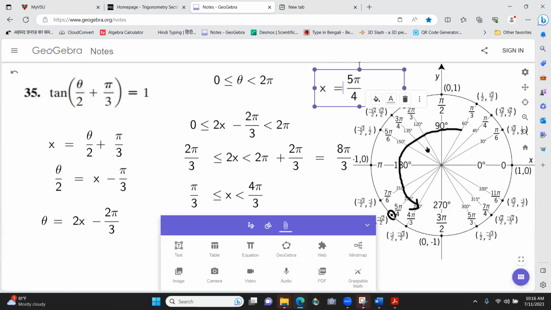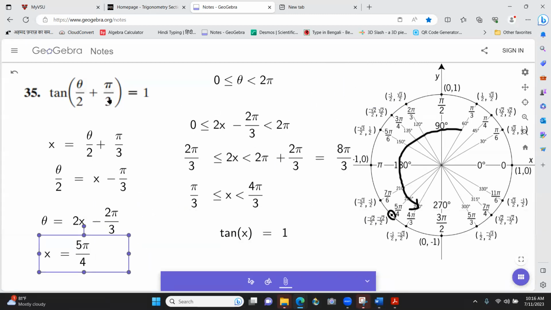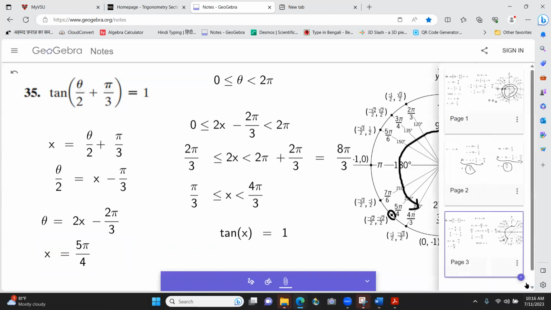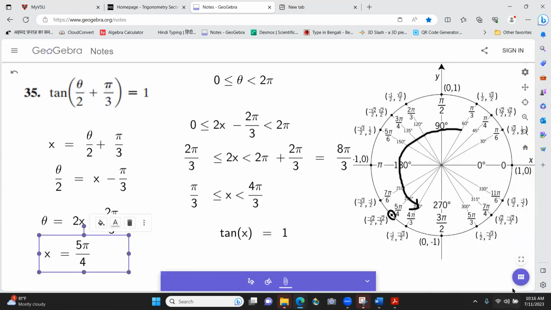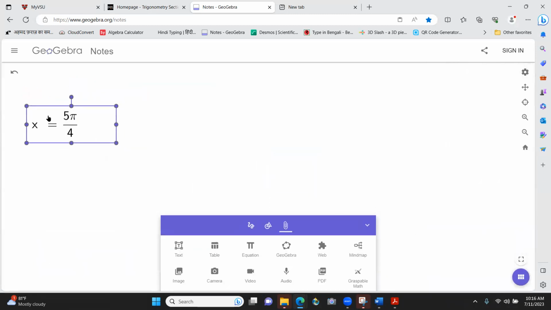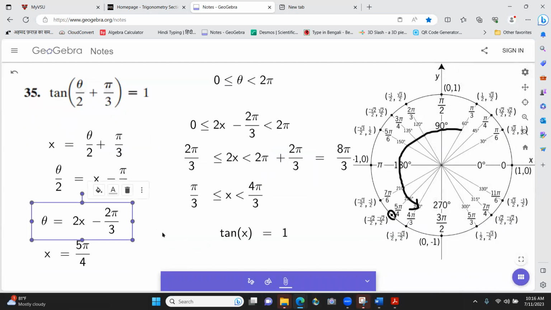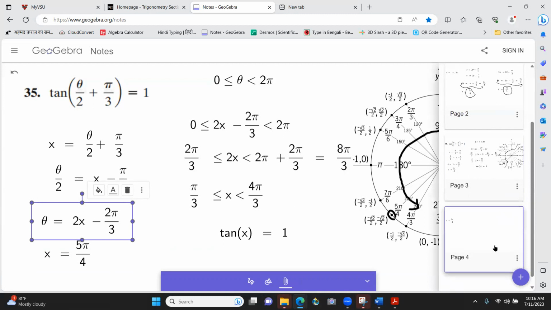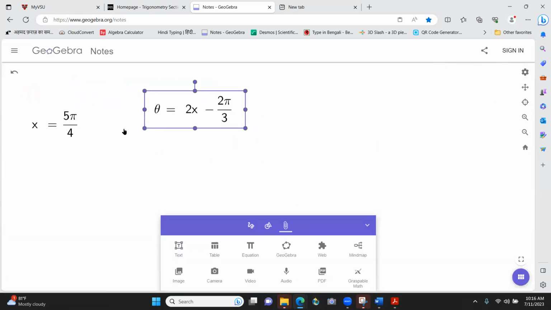Almost done. Now I'm going to write it here, put it here. Now my real goal is to find theta. I'm going to take these two boxes and continue my work on the next slide. This is X. And this is theta. All right, so all I have to do, guys, is replace X with this expression, 5 pi over 4,